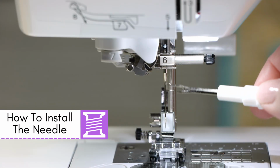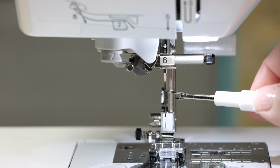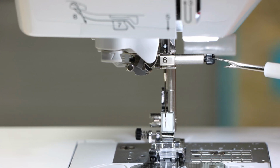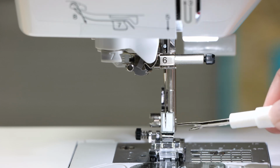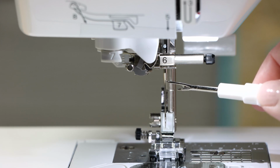I'm going to take a second here to talk about the needle. When you're done with your old needle and you need to change your needle, you're going to install it by removing your first needle right here. You'll loosen the screw and pull the first needle out. When you put the second needle in, or your new needle in, you're going to do that making sure that